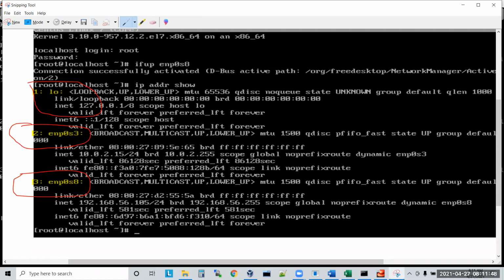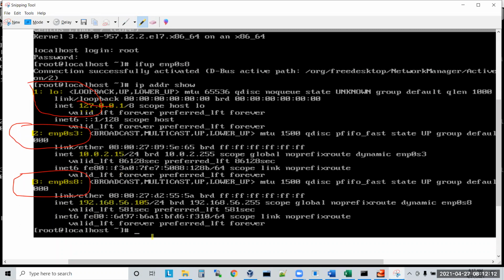Now how many IP addresses do we have, guys? This is one IP address we have, 127.0.0.1, but we cannot use this outside. The second IP address is 10.0.2.15.